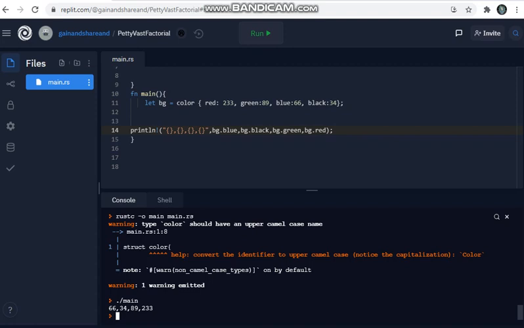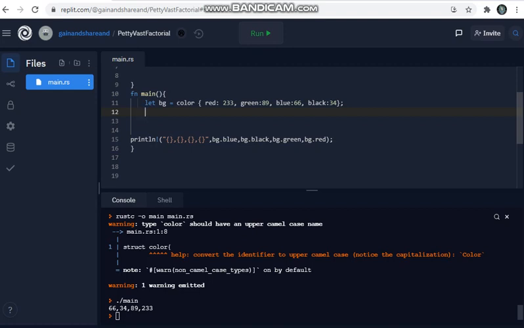I'd like to say one more thing about structs. If you want to change any value, for example if I want to change blue to another value, what exactly happens? Let's try to change it and see. For that purpose, you can mention bg dot blue.